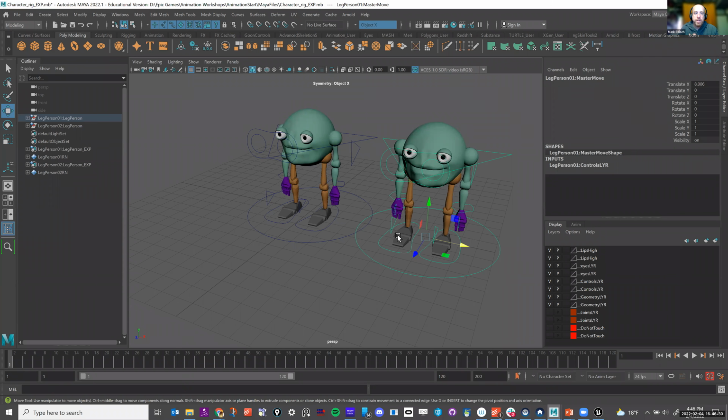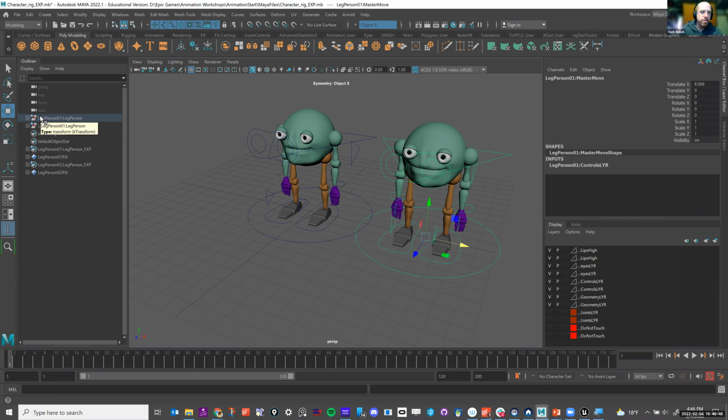Otherwise, what I personally would do is just leave that person at the center. But I'm just showing you that there are two different characters, and one has the prefix of leg person 2. The other one has the prefix of leg person 1.